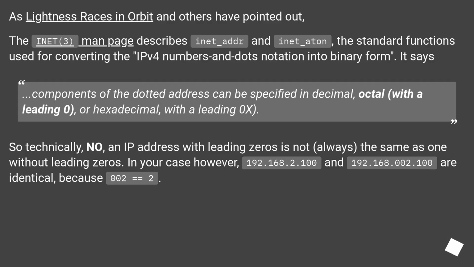As Lightness Races in Orbit and others have pointed out, the inet(3) man page describes inet_addr and inet_aton, the standard functions used for converting the IPv4 numbers-and-dots notation into binary form. It says, components of the dotted address can be specified in decimal, octal, with a leading 0, or hexadecimal, with a leading 0x. So technically, no, an IP address with leading zeros is not always the same as one without leading zeros. In your case, however,